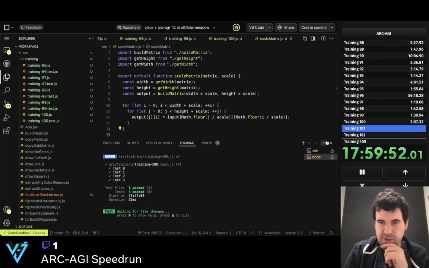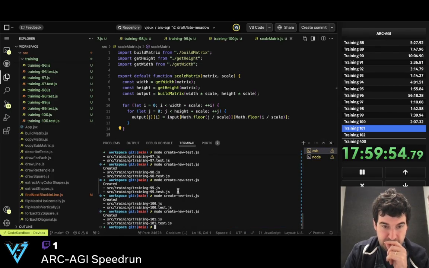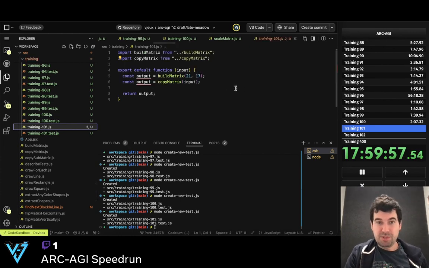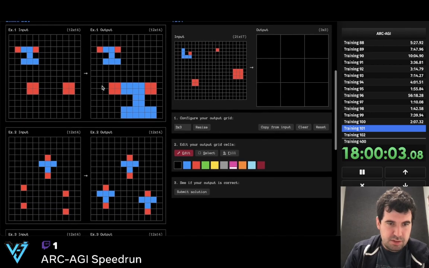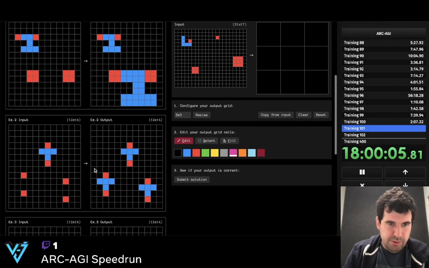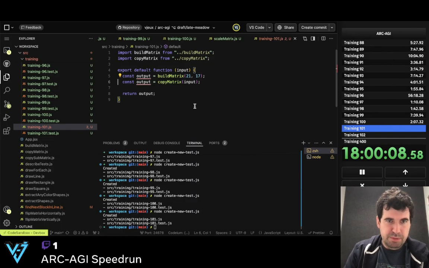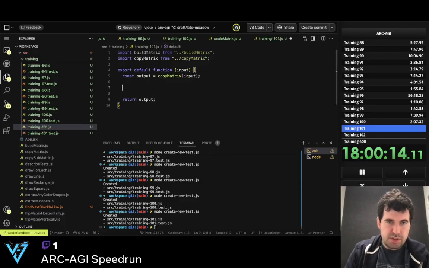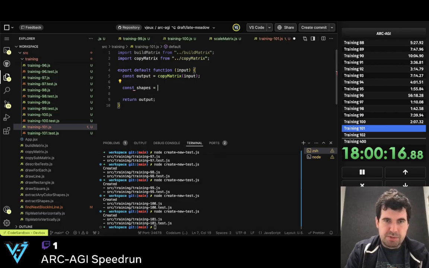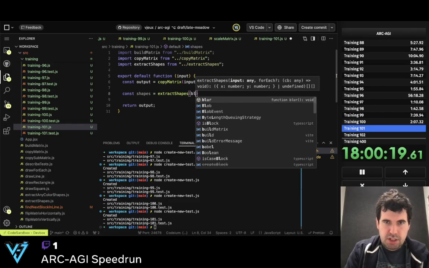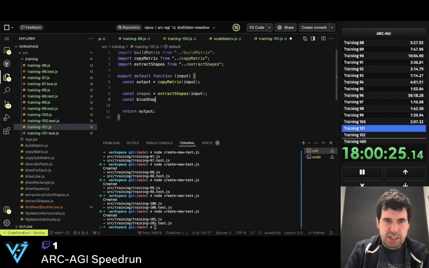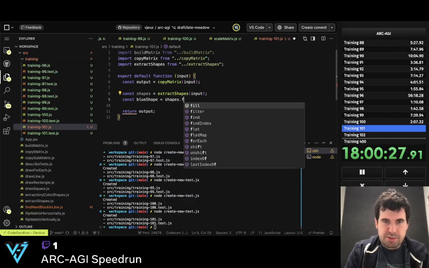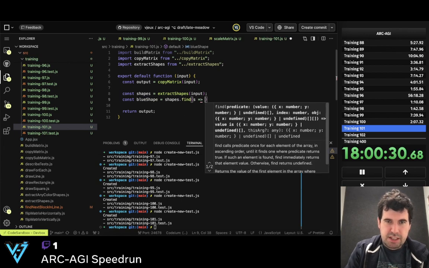So now let's do 101. So now, are they always the same color? Yeah. And so we always have one shape. So there's always one blue shape. Okay. So we copy the input. So const shapes equals extract shapes of the input. Const blue shape equals shapes.find, s.color equals